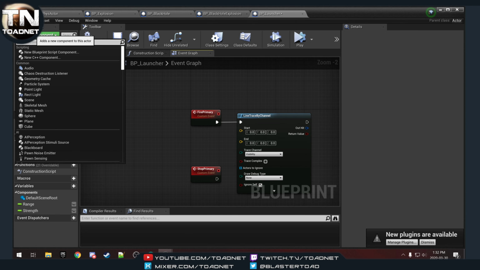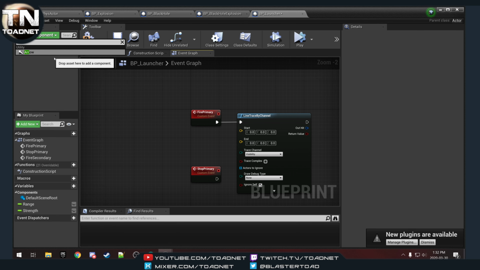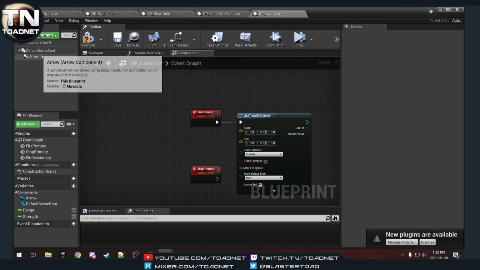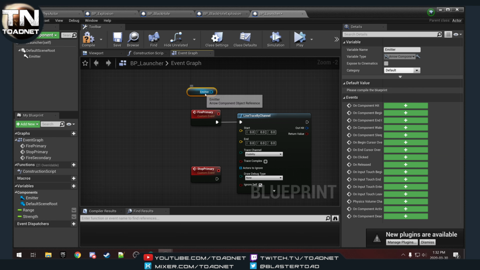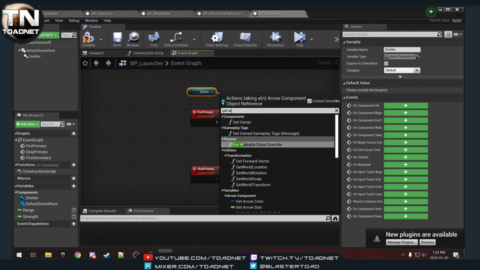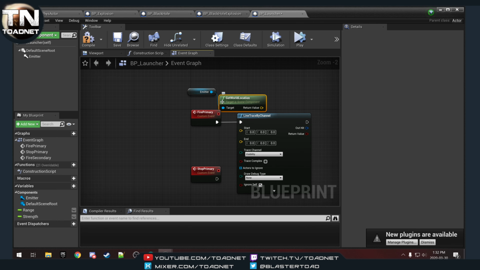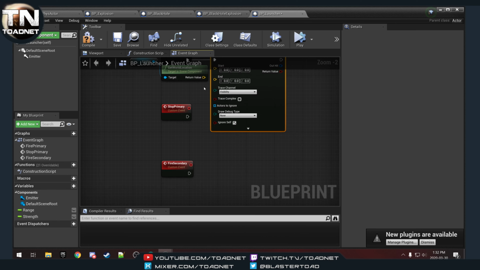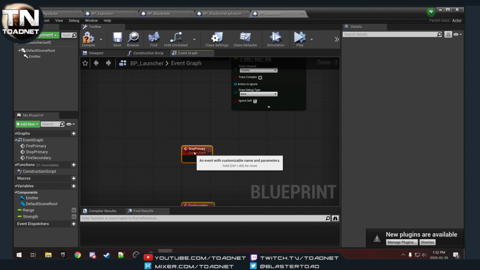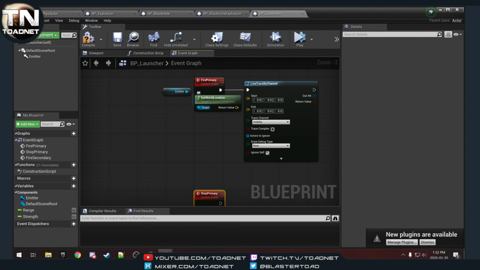We're going to add a new component. Add an arrow, and I'm going to call that arrow emitter, just because I like to have it that way. So from our emitter, we are going to get world location. The reason I do this instead of just getting the actor location is if this is going to be, say, a gravity gun, like in Half-Life. Okay? Then we want to be able to set